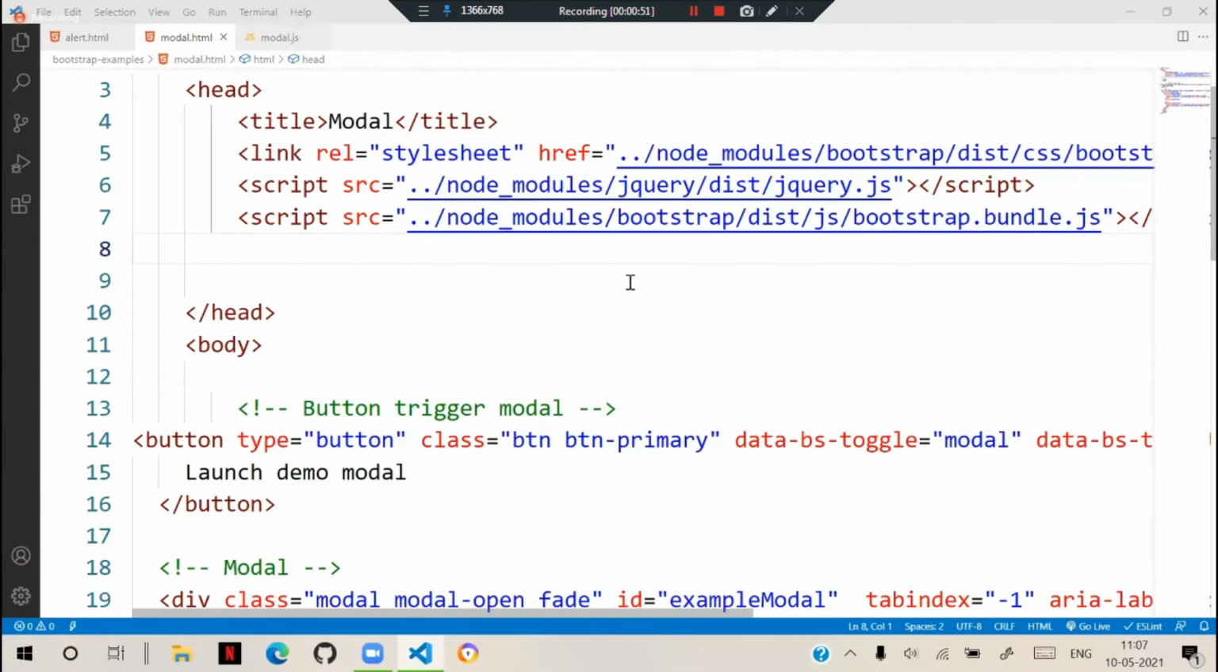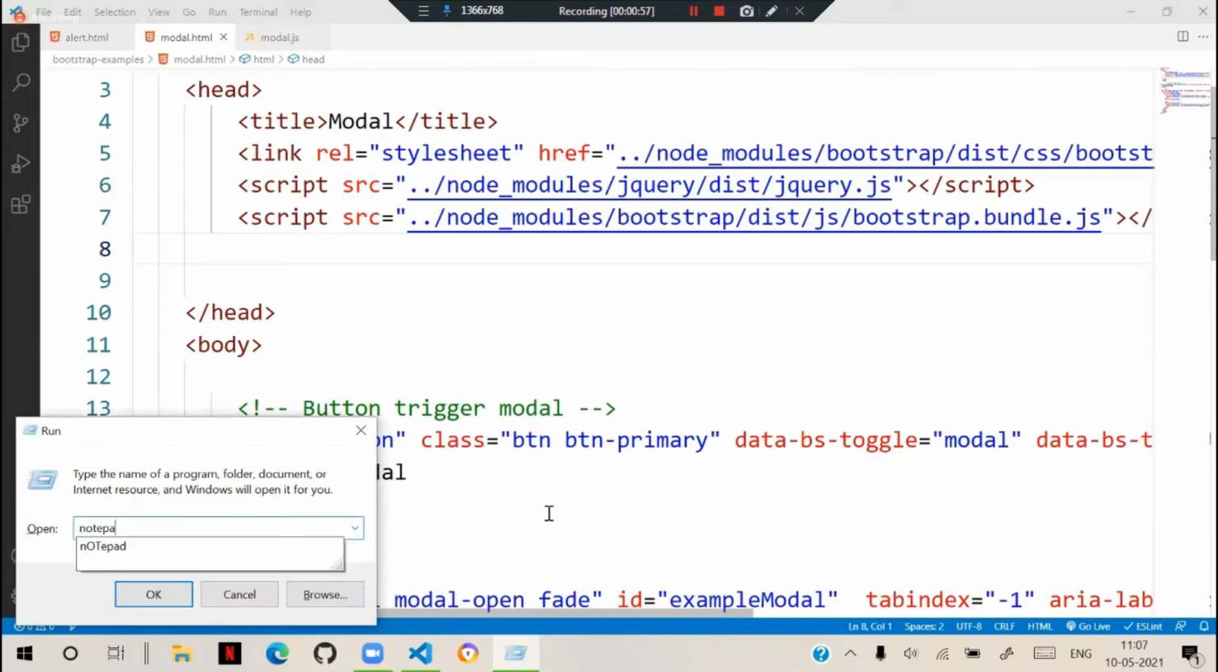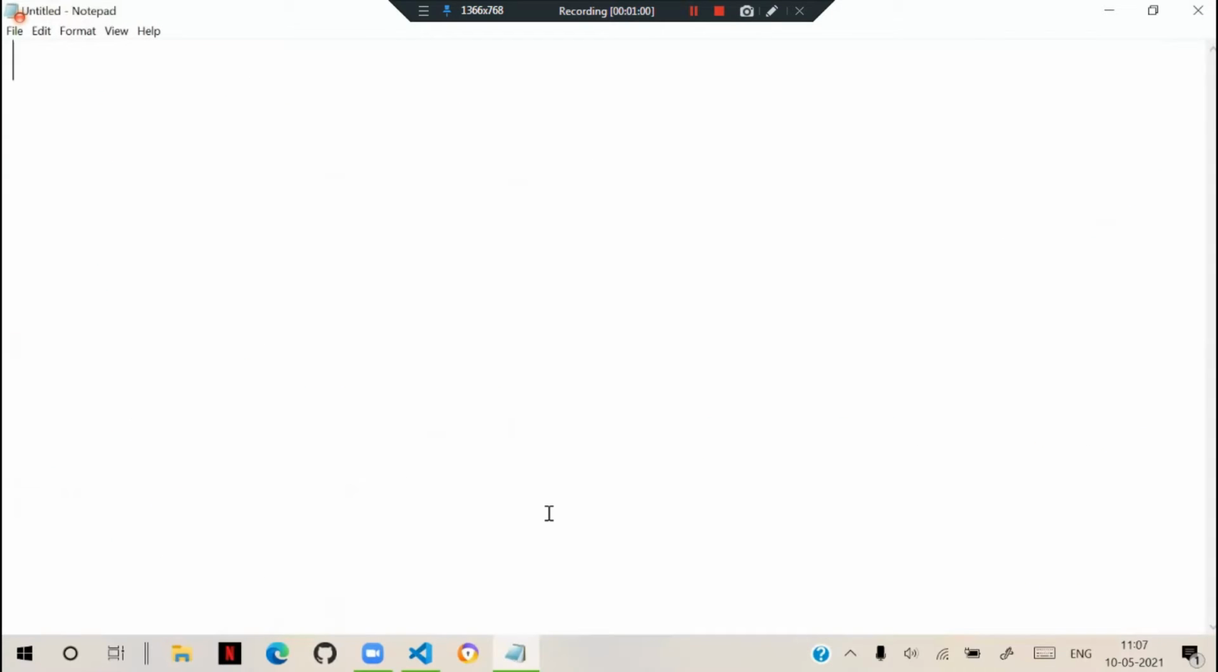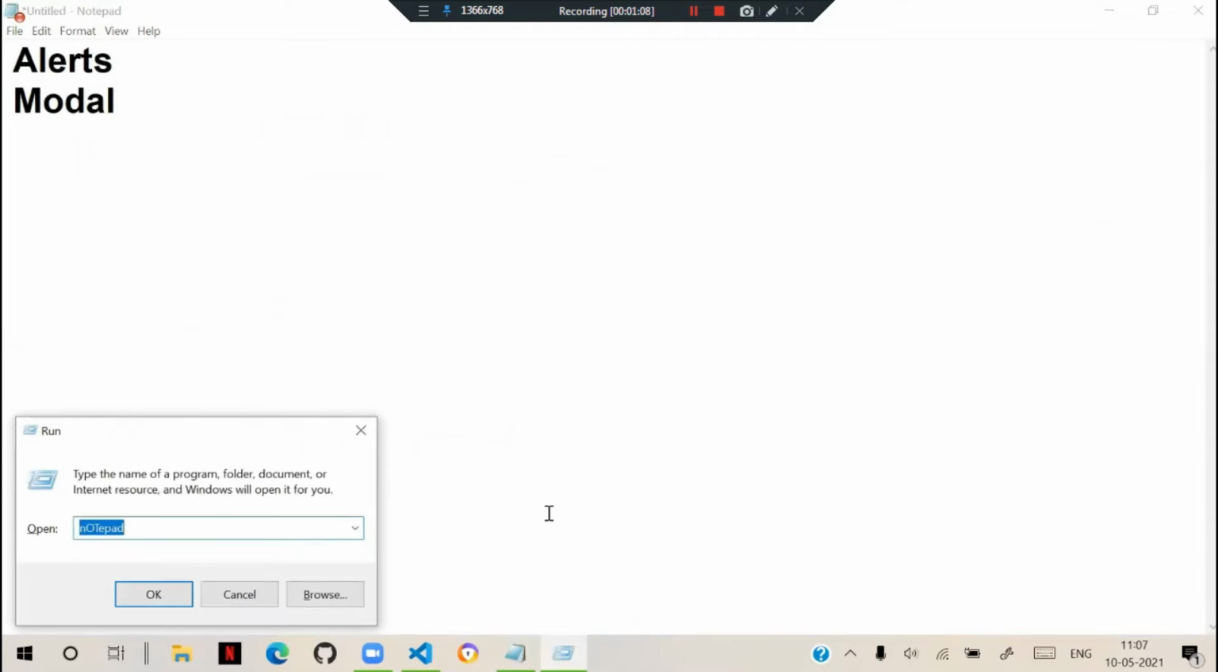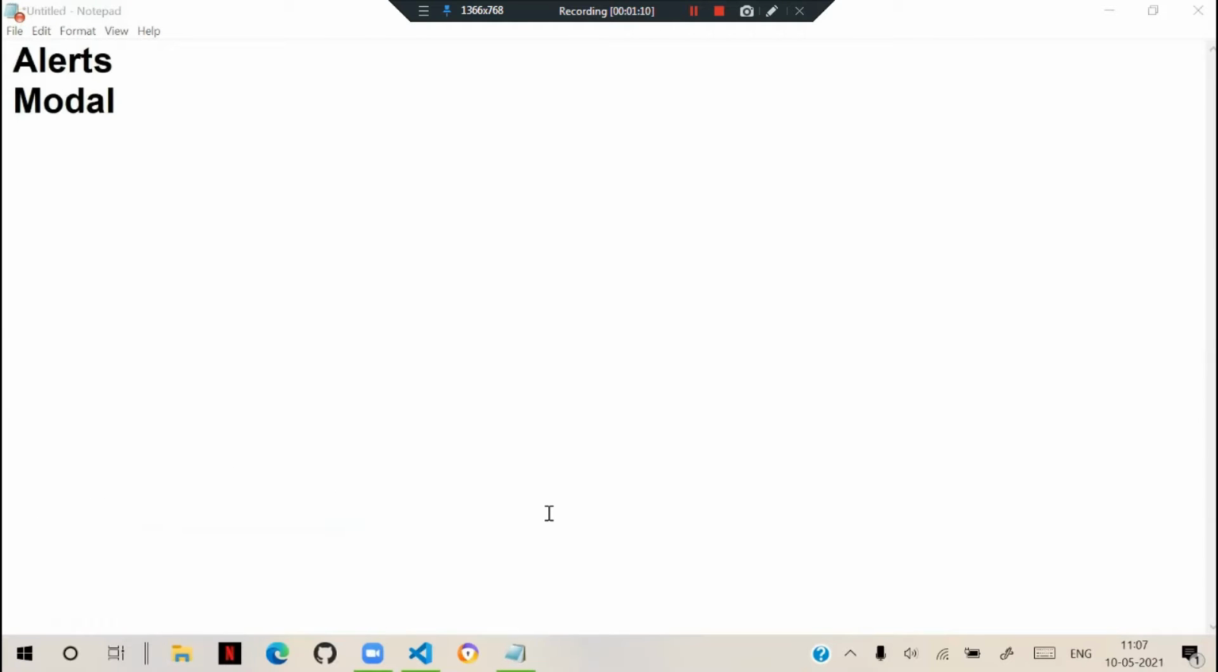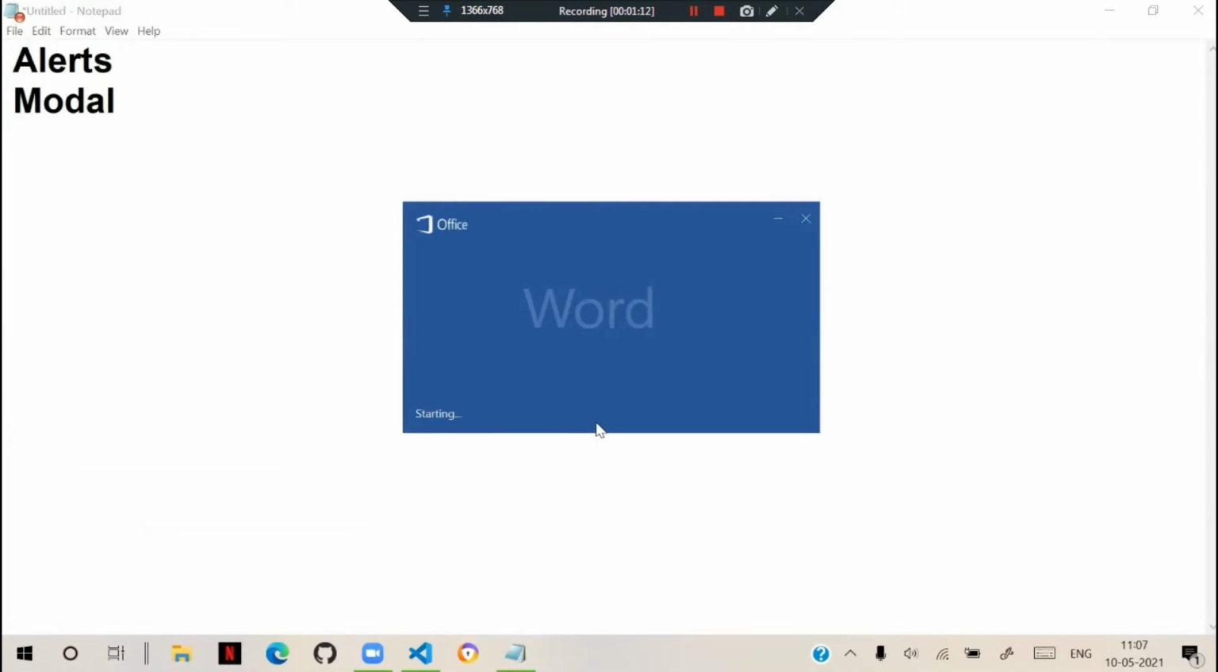So last session we started working with the modal option. We learned about alerts and modals. And in modals, actually not only in modals, what happens here is